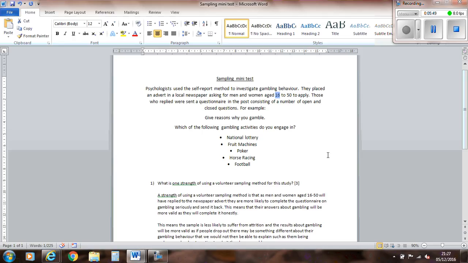Similarly, a lot of people said you would go to a casino. You cannot put the National Lottery or horse racing or football at a casino. It'd be quite good for poker and for fruit machines, but not for the rest of them. So a casino is not a good suggestion. Quite a few people said a betting shop. A betting shop's good, but it doesn't have the National Lottery there, and people who are 16 can't go to a betting shop. So can you see there's a lot of practical problems with trying to get this list.